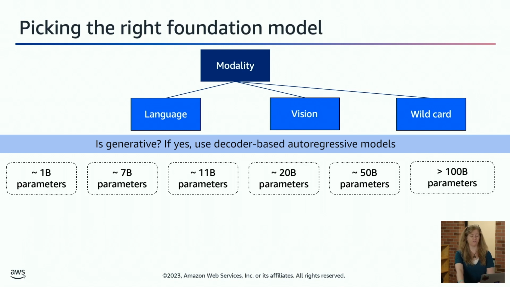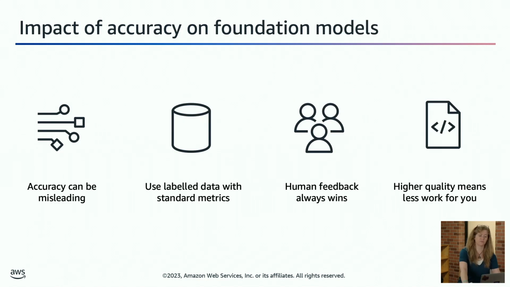So for the task that you have, if it's going to take human beings like an hour to think about this, translate it, write a good response, really grapple with the nuances of the question, 100 billion parameters, you need a really big, really good model. But if your model is just answering a really simple question or extracting a phrase or doing a really obvious translation, then you can pick a model that's smaller, which is going to be less expensive, easier, and faster at inference runtime. So those are some of your spectrums in foundation model size.